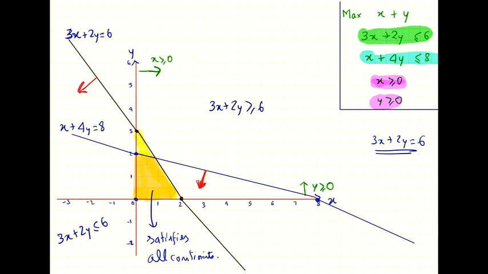All right, so now recall what our objective was. Our objective is to maximize x plus y. So where on this quadrilateral is x plus y maximized? How do we see that? Well, let's just try to make one drink. Let's say x plus y equals 1. If I look at x plus y equal to 1,